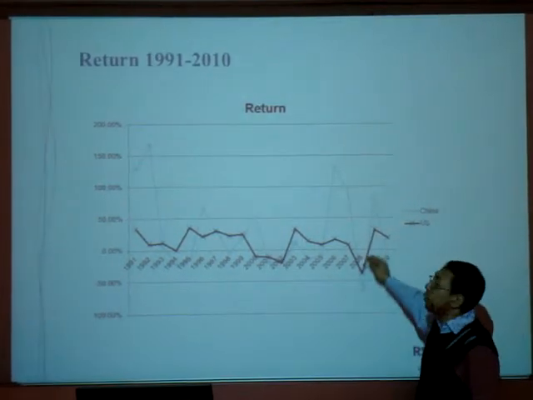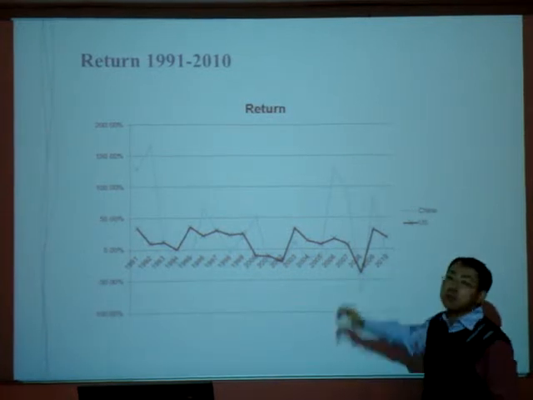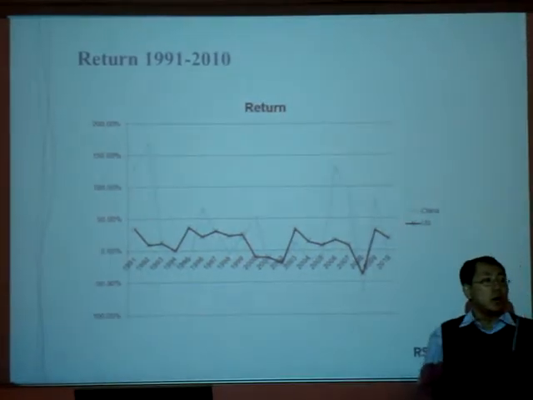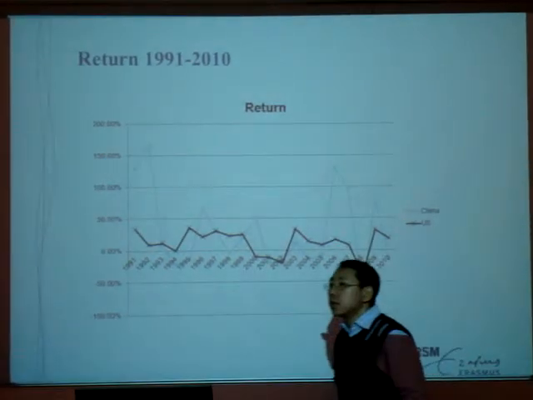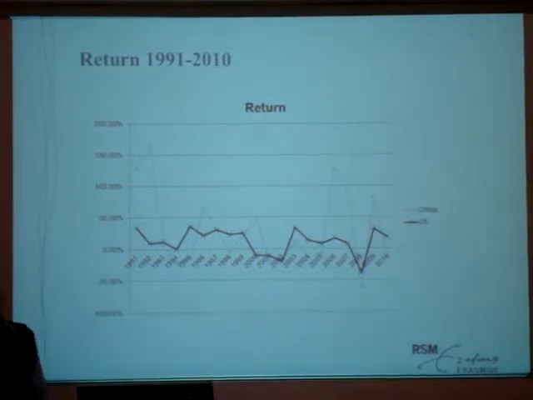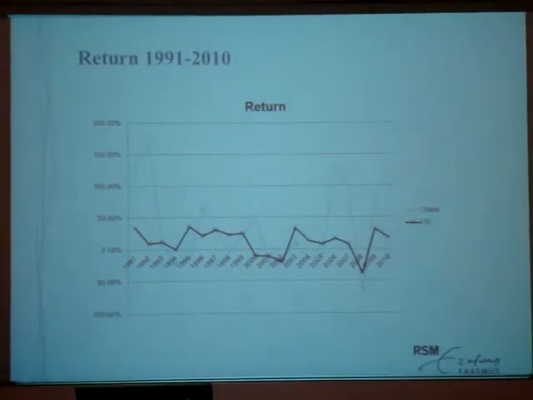If you run a correlation, the correlation is around 40%. It's not low at all. So even though the China economy seems to be emulating other economies, the performance of the stock market is still highly related to mature markets. You do not enjoy very much from a very different market for the China stock market.